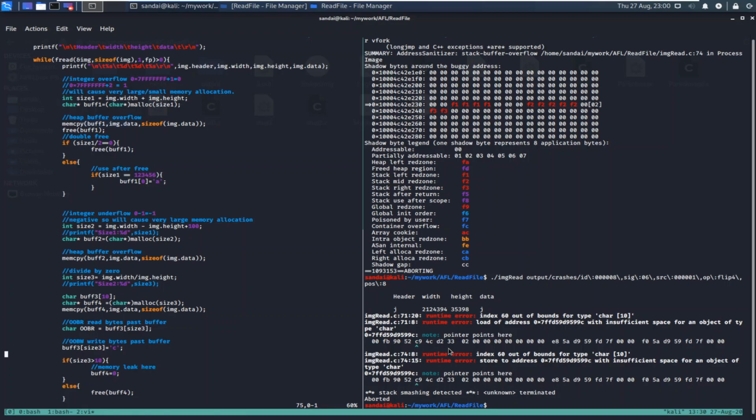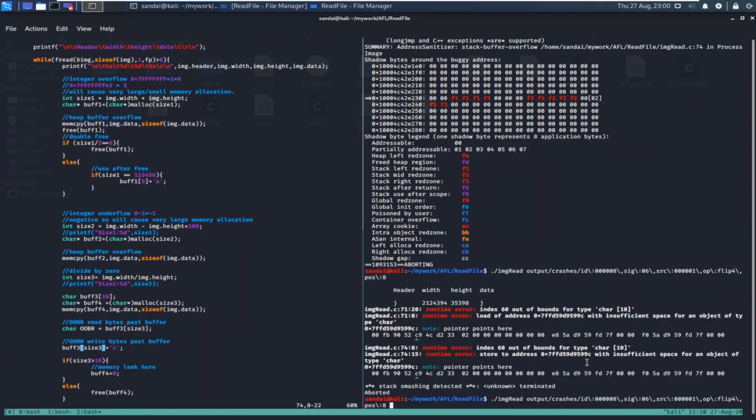We are at line 74, that is an out of bound write issue, and you can see that index 68 means that size 3 is 60. So that is why it is causing the issue. The maximum it can have is like 10, as I have previously discussed. So it's good that AFL has found this issue. Again, we'll debug it later on.